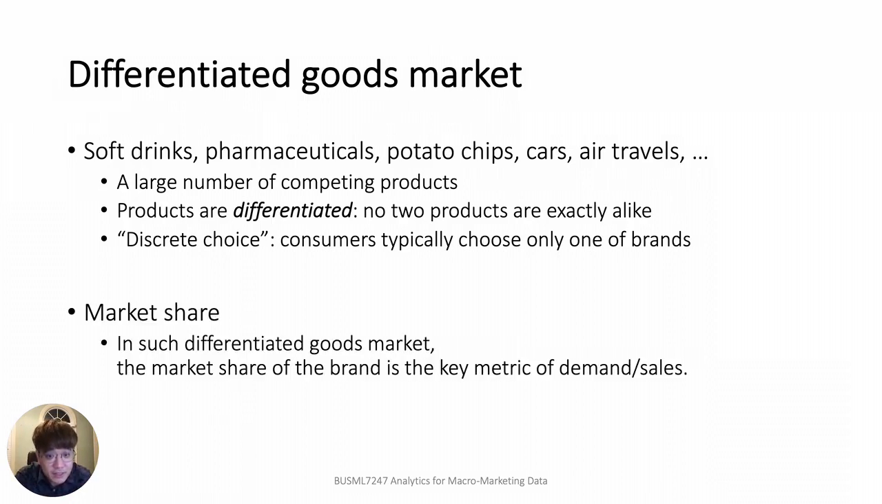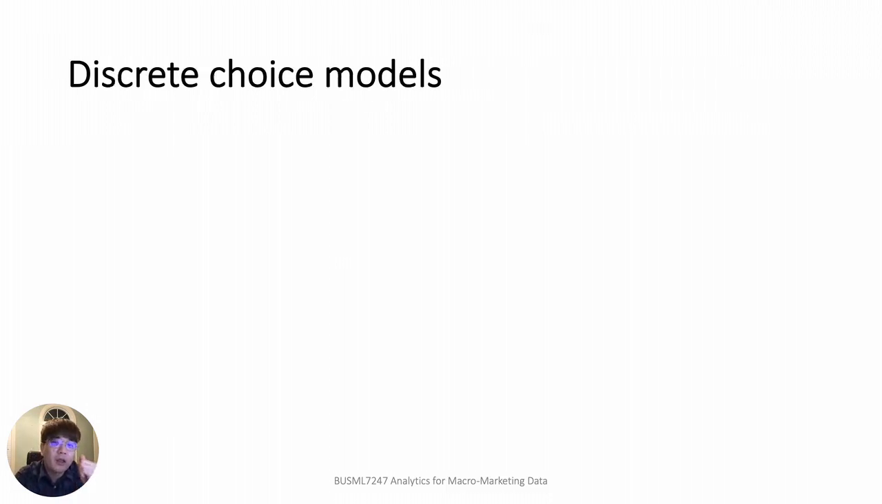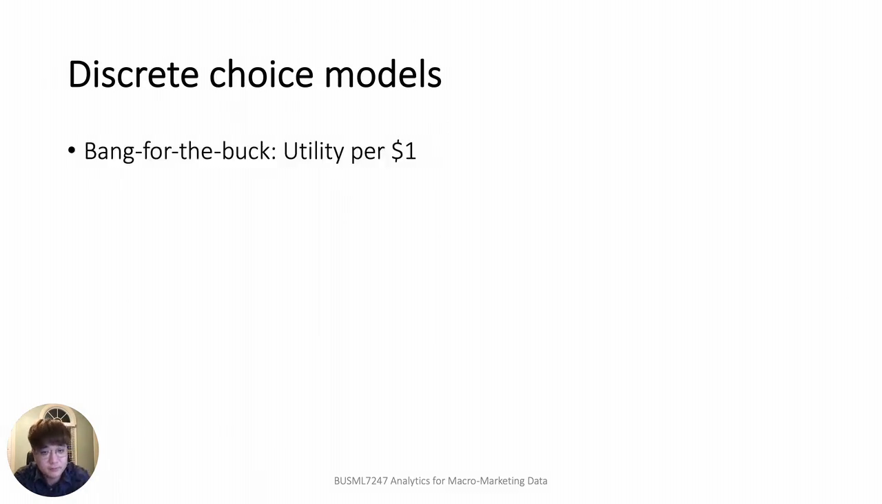In such a differentiated goods market, the market share of the brand is the key metric of demand and sales, because the demand quantities are generally proportional to the market shares. In order to explain a brand's market share, let me start with a model for consumer discrete choice. Consumer choice is generally described by picking a brand that gives the best bang for the buck, which is